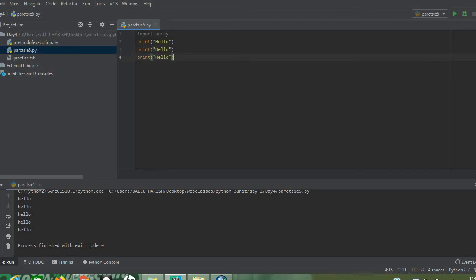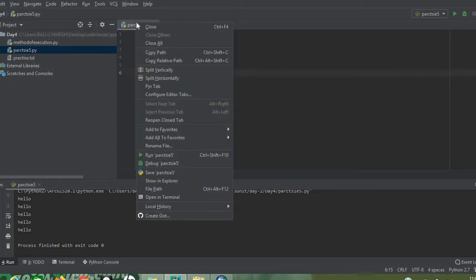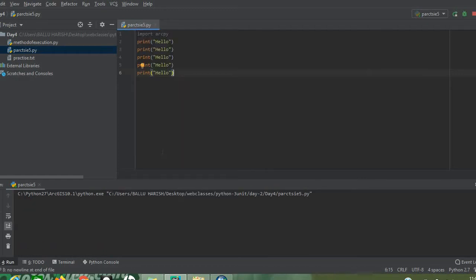We can maintain different print statements with different matters. To execute the program, just right click on the tab and run the program. It takes 1 to 2 minutes for executing the program. Here what is happening is debugging of the program.